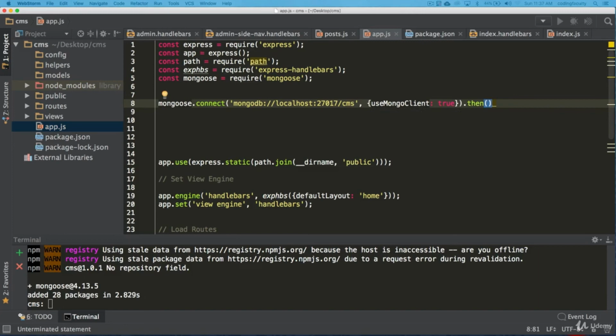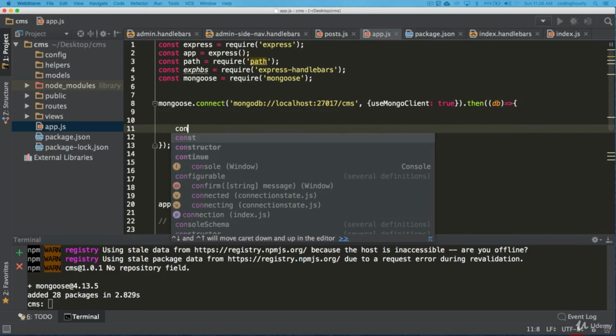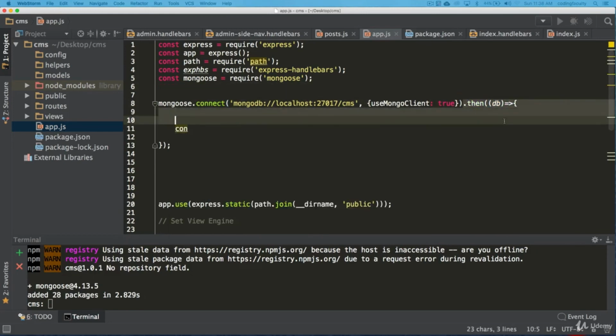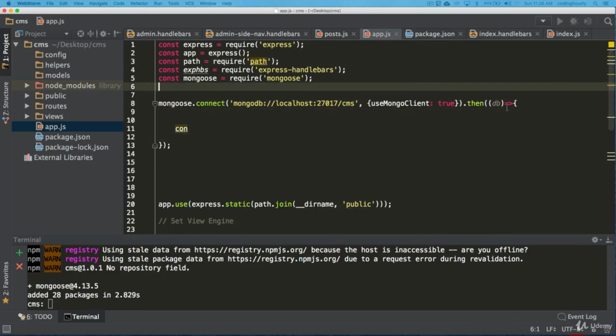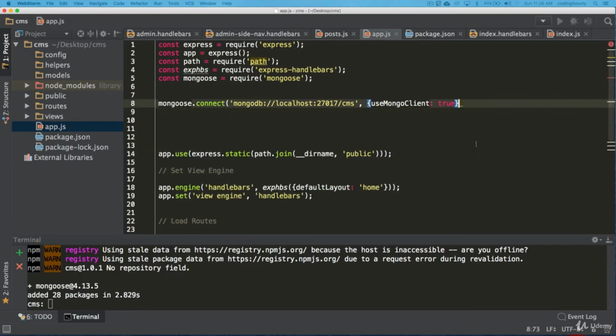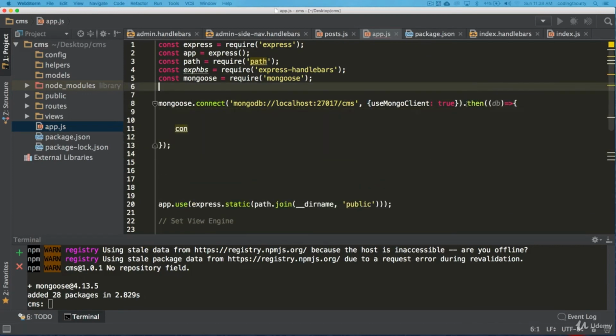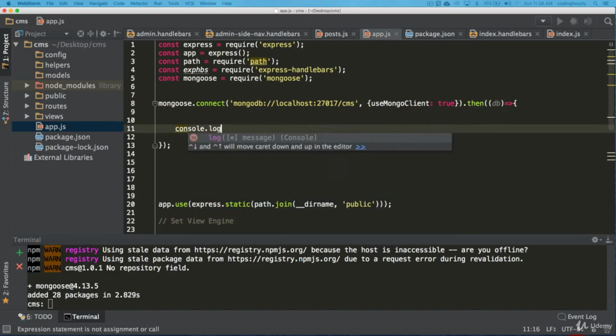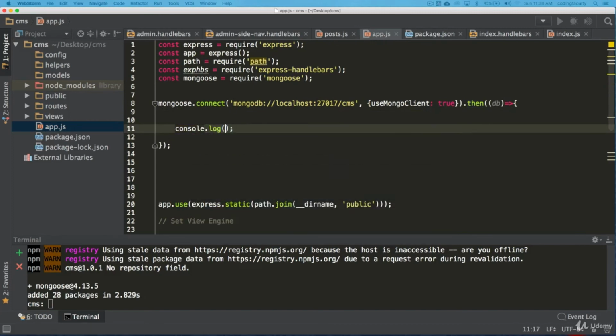So we're going to say then, and of course we have the DB here, and we get something back. So when we say then, this does not get executed until we use then. Then is like execute. That's what that means. Execute something, and we're going to get something back only if we are able to connect. If we're not able to connect, then we need to catch that error somewhere.